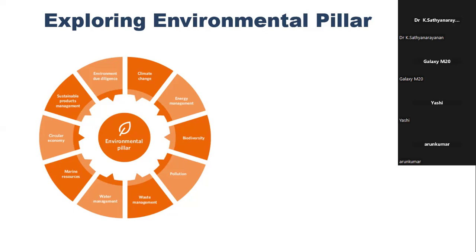Whenever we talk about ESG, in the first pillar, environmental, there are various elements and sub-elements on which we can concentrate in each area. For example, waste management: what is our concept toward this? How are we ensuring that the 3R or 7R concepts are imposed? So this environmental pillar has various sub-elements, subclasses